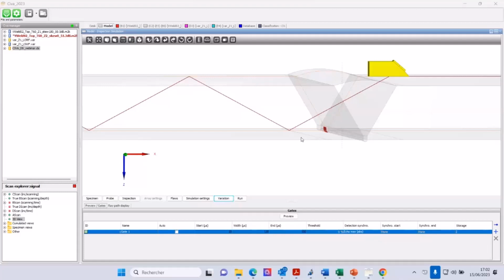Hopefully it's the beginning of a long story of artificial intelligence in NDT, thanks to CIVA, and thanks to combining experimental data and simulation to increase the number of data and improve the training. Okay, it's clear. Thank you.